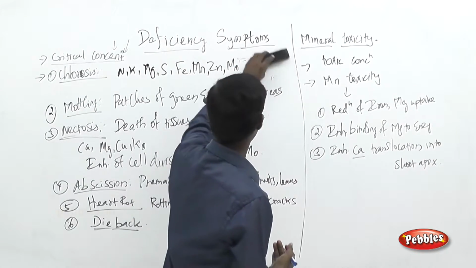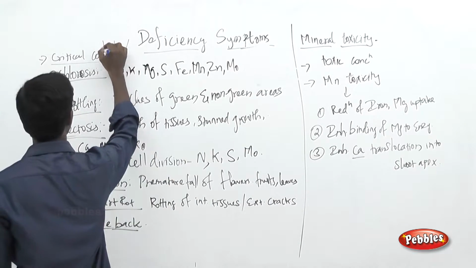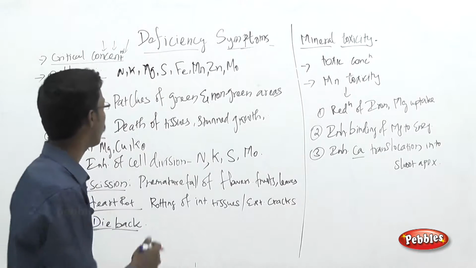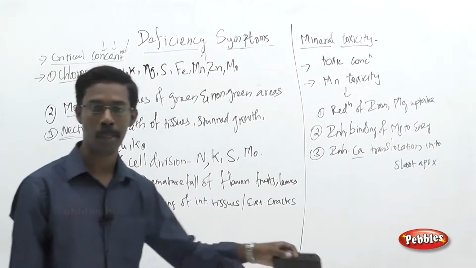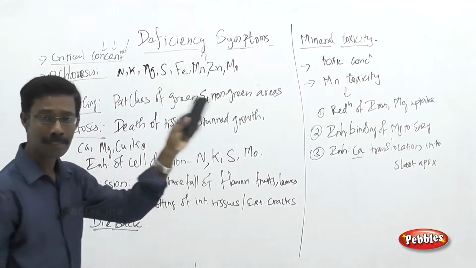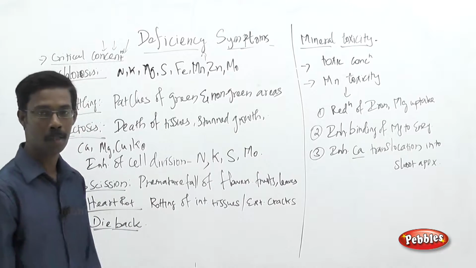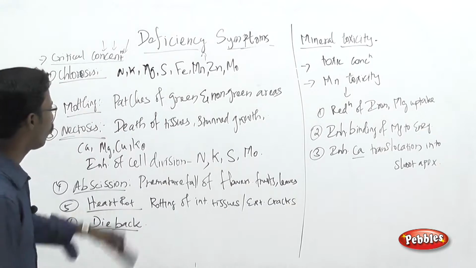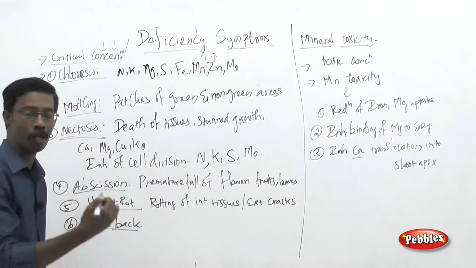So over here, the critical concentration, when it is below the particular required concentration, it will show the deficiency syndromes or symptoms in the particular plant system. That is what we are going to see in the deficiency symptoms. In the next topic, we are going to see when their limit exceeds the required limit, that is the toxicity caused by the presence of the minerals. And now we are going to see the deficiency, that is when they are present in